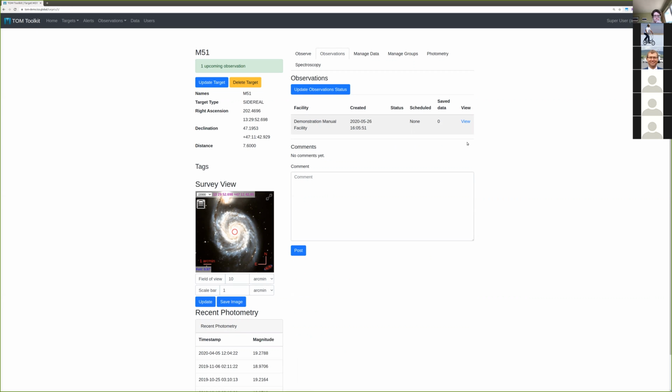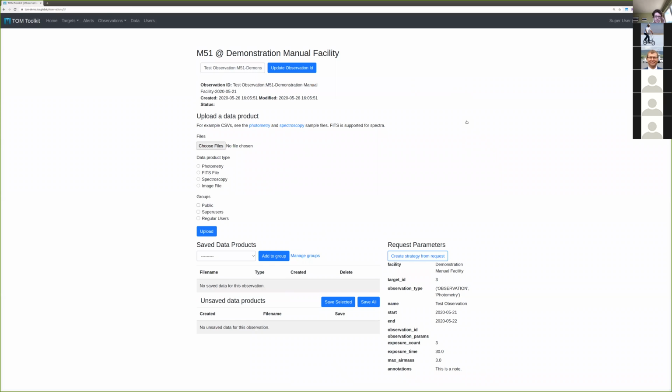And so what this allows you to do then is if you actually go and look at your observation record, you can upload data that is associated with that observation, again, to keep everything centralized in one spot. If the observatory provides you with a tracking number, you can add that in. And so it's really just a good way to make sure that you're not fragmenting all of your observing in different places, and that this can continue to become more of a one-stop application for all of your